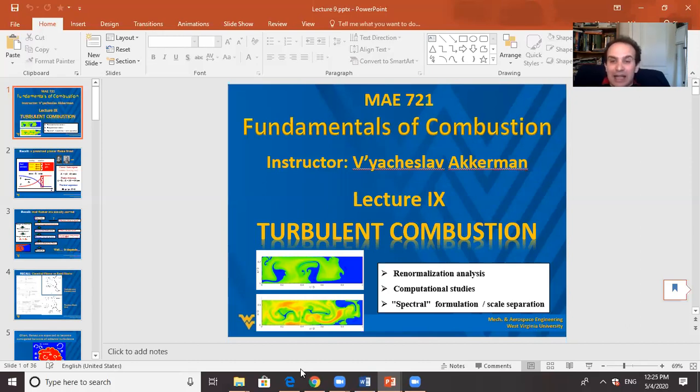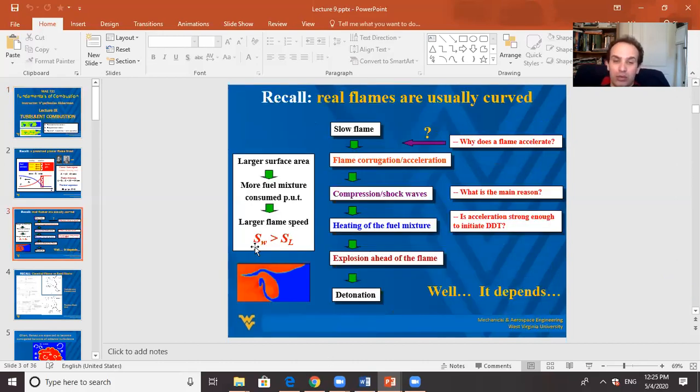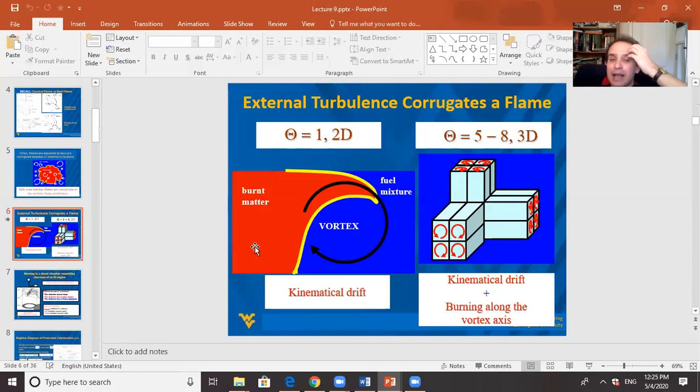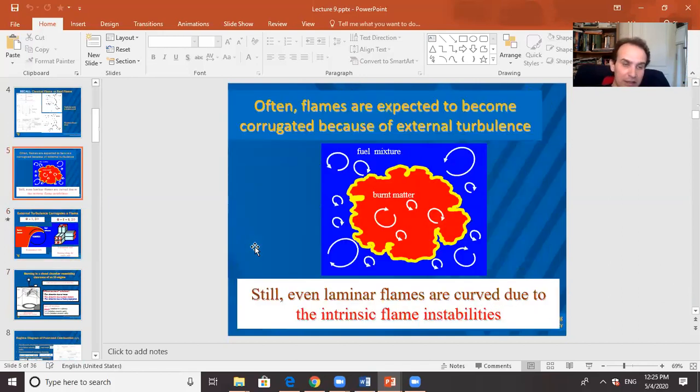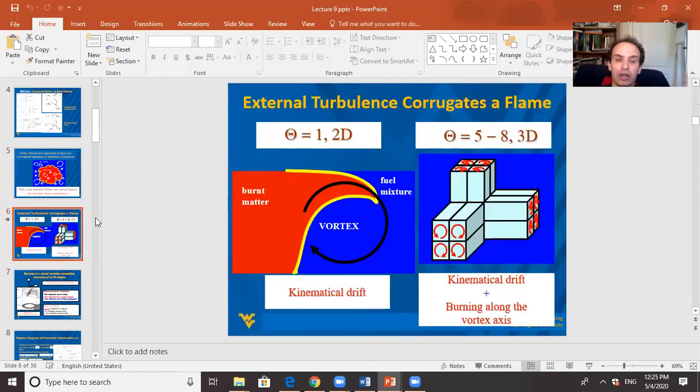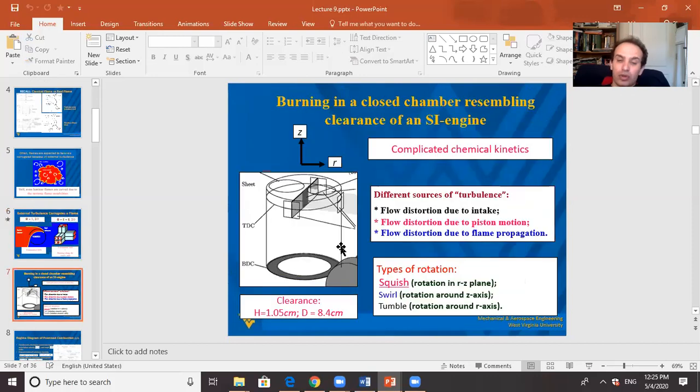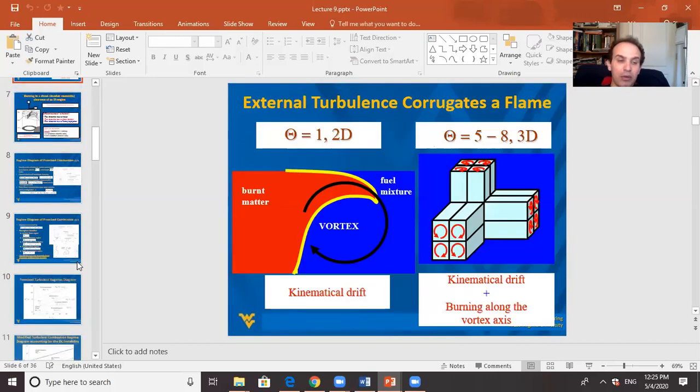Luckily, and that's what we did in chapters 10 to 15, there are many cases when you can get rid of turbulence, when you can have laminar flame propagation and when you can describe it. But still, turbulence is there, you should remember about turbulence. So what should you remember about turbulence? Again, you should remember the different ways turbulence interacts with the instability approach to combustion. So what you should probably remember, the key point,